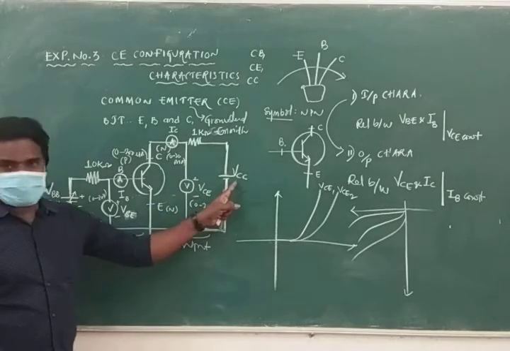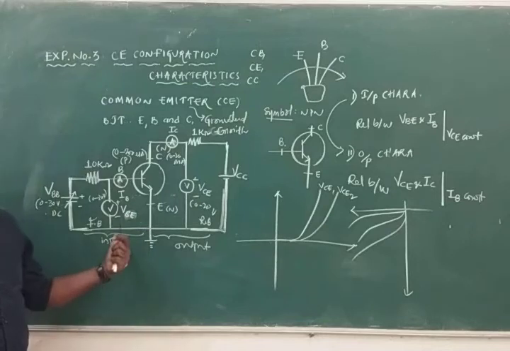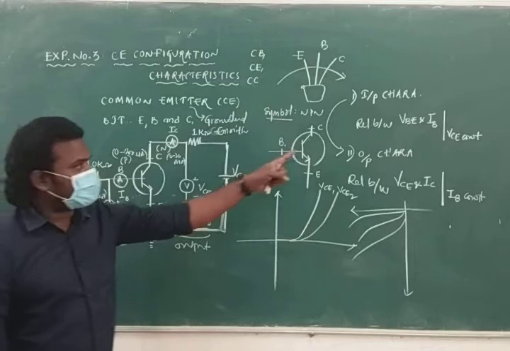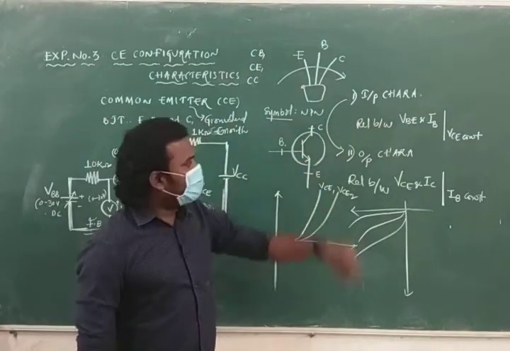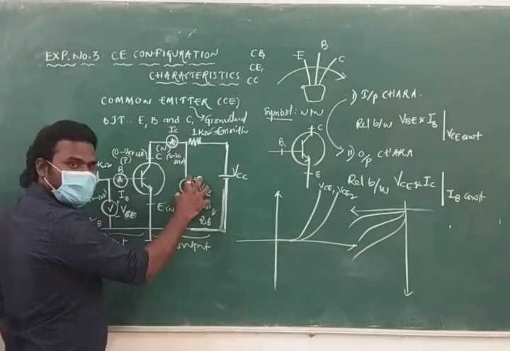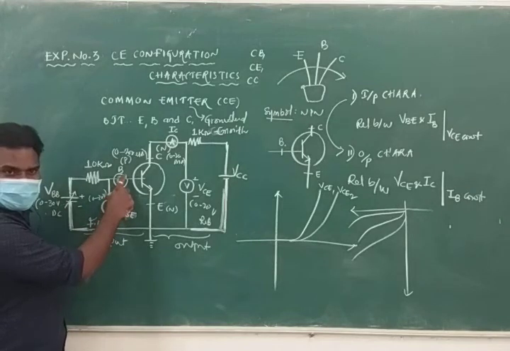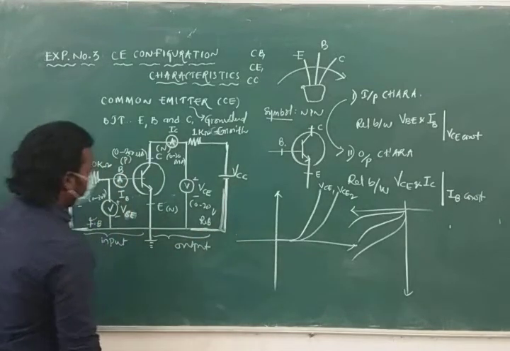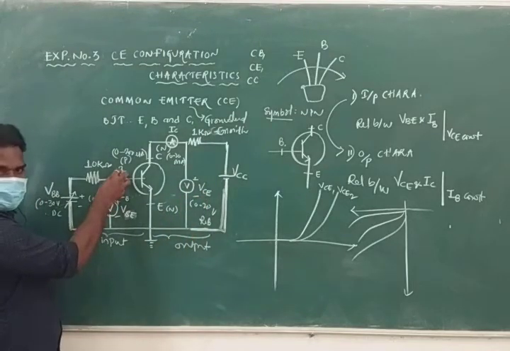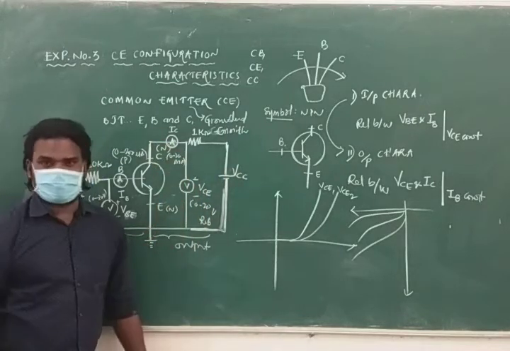And this is again channel 2. Here this has two channels. One is connected to the output, one is connected to the input side. So in the first characteristics, what is the first characteristics? Input characteristics, in which we keep the output voltage constant. That means we keep this constant and change this one. We should note down these two readings. And output characteristics means by keeping this constant, we have to vary this one. We should note down the readings of VC and IC.